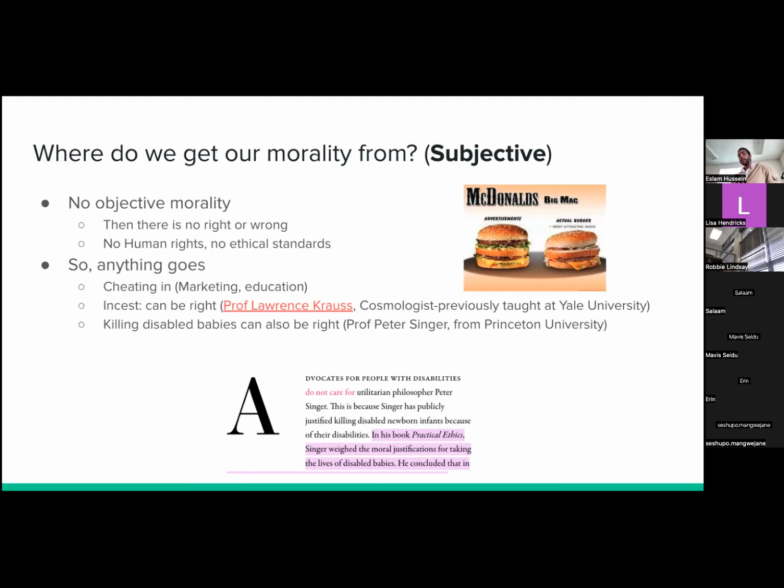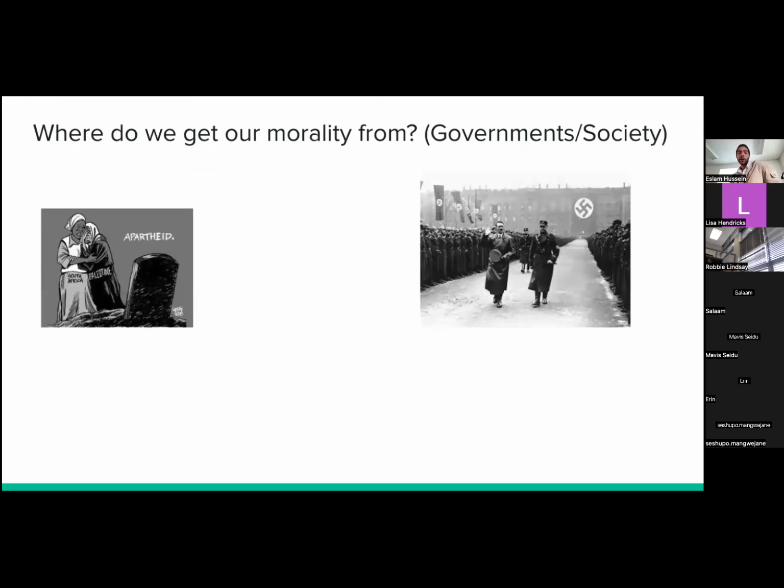I mean, I have never eaten a burger that looks like the one on the left, but this is really what they advertise, and we take it. We already accept this kind of thing, this kind of justifiable lie, because they want to get more money out of us. And also, there are people who say that incest can be right, or why not? As long as two parties consent, they would be okay with this kind of behavior. So why should we justify it as being right or wrong?